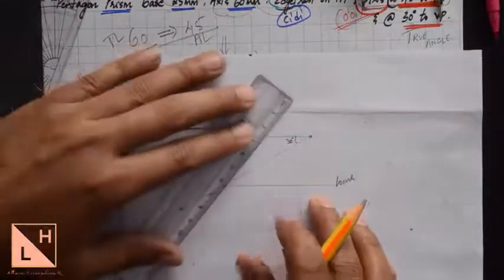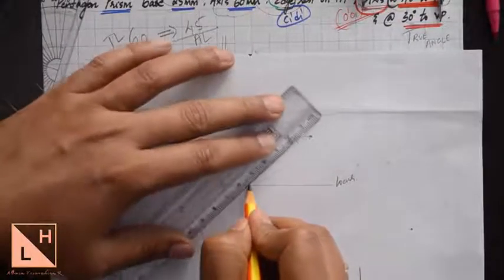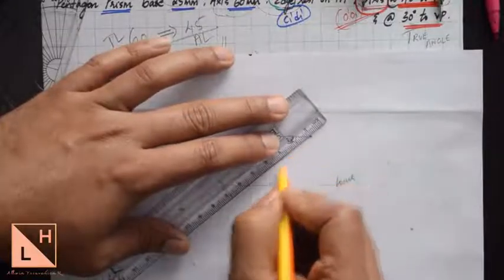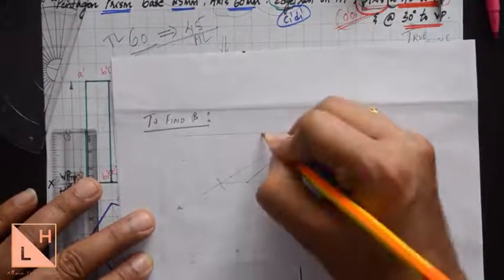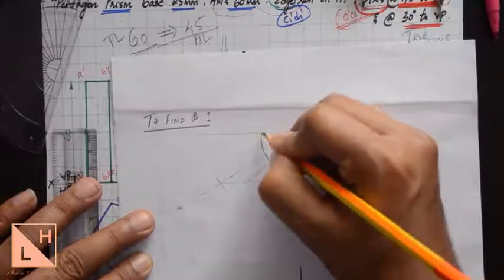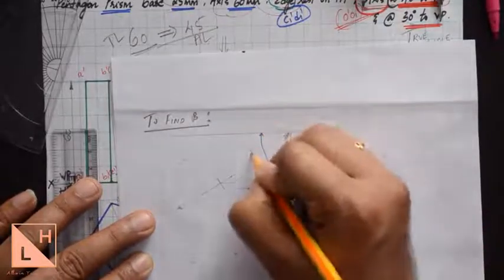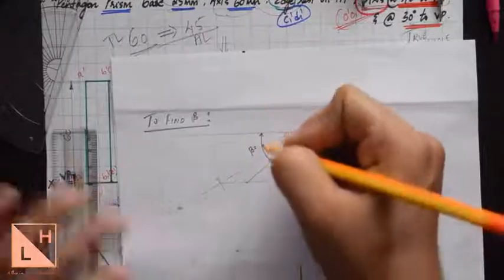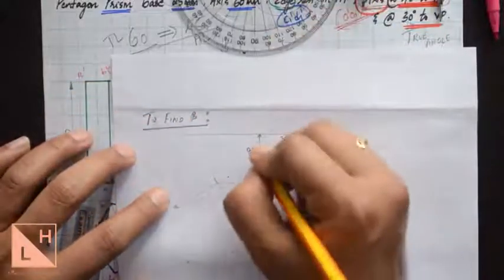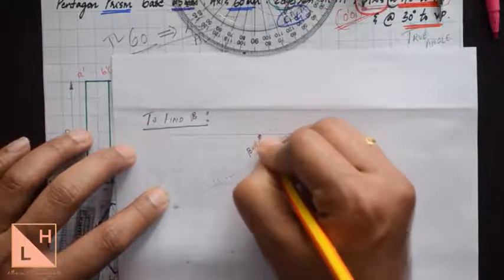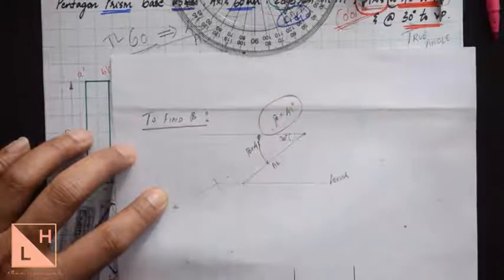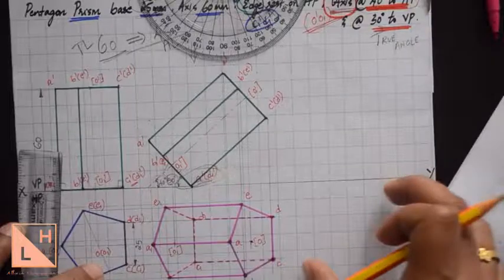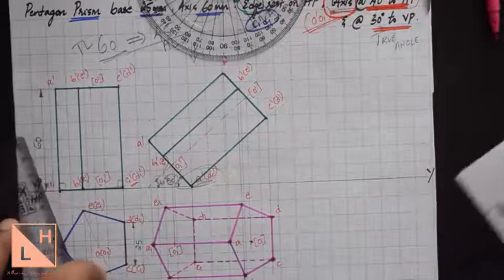Where it intersects, from there you can connect a line to the reference point over here, and this length will be the apparent length, and this angle with respect to the apparent length will be the apparent angle, which is nothing but beta. You're going to get around 41 degrees. So we found out the beta angle to be 41 degrees, which you can draw over here in the third position top view.